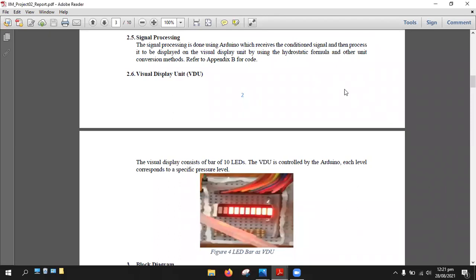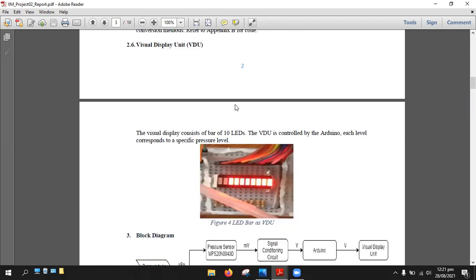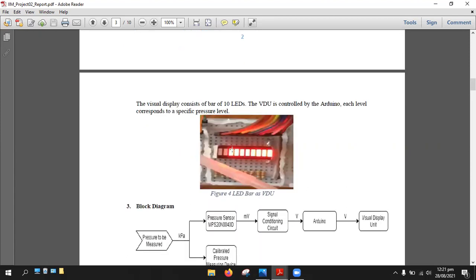The signal that we obtained had to be processed using the internal code of the microcontroller. That code is discussed within the appendix. I won't go into the details of the code, but I will briefly highlight the main parts of it towards the end. As far as the visual display unit is concerned, we used an LED bar to display the level as well as the pressure, depending upon which quantity we want to measure, which can be switched within the code. This LED bar simply tells us how much of the maximum level or maximum pressure detectable by our instrument is being detected via the output that is being produced by the microcontroller.